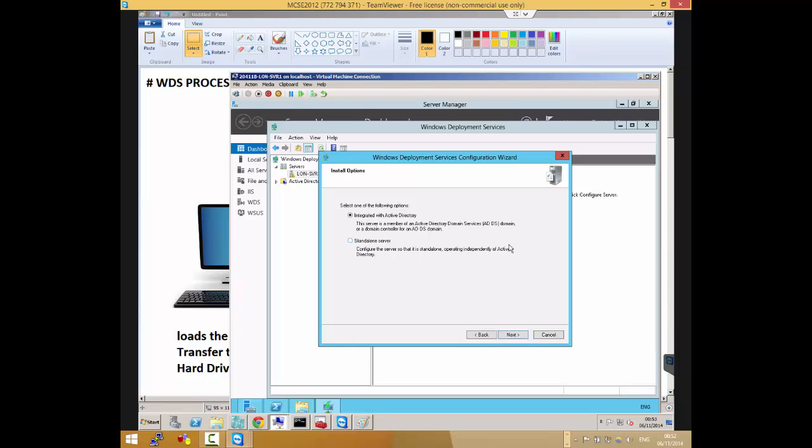So if you use a standalone server, you can still automatically deploy an operating system, but you can't automatically join it to the domain. But if you integrate it with Active Directory, you can not only automatically deploy the operating system, you can automatically join the system to the domain and even automatically put it in a particular OU that you want.